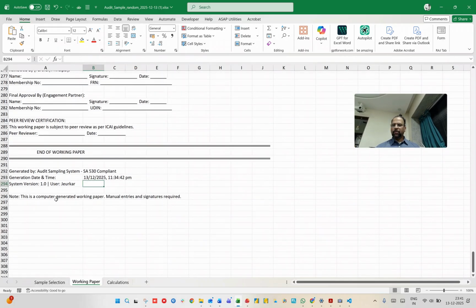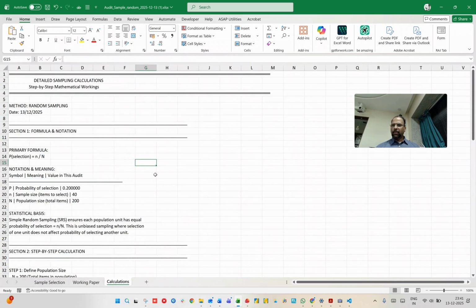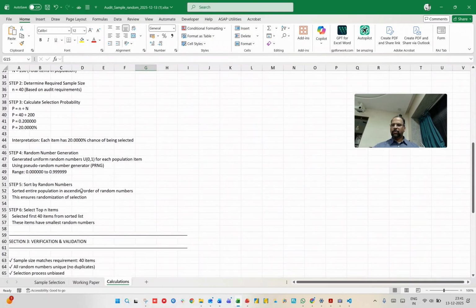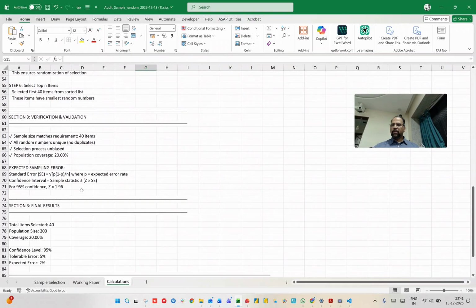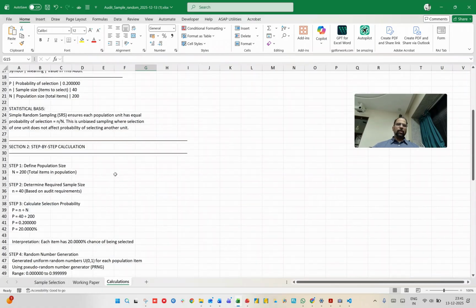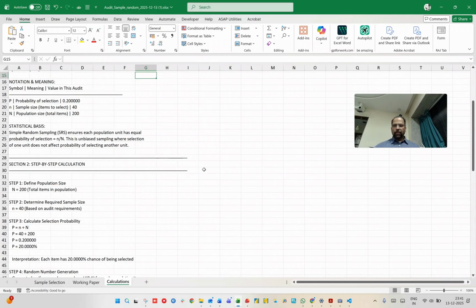It gives the system version and all those details. The calculation sheet gives the statistical details of the calculation. Step by step, what has been followed, what is the result. It gives a complete confidence to the user. So this is how the particular audit